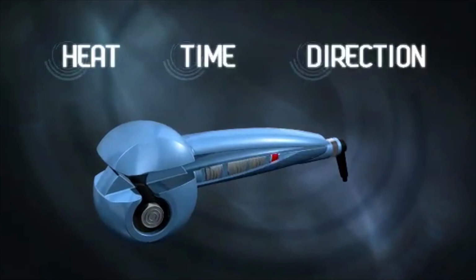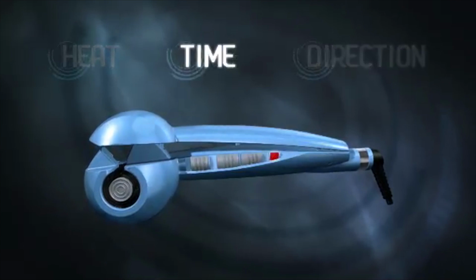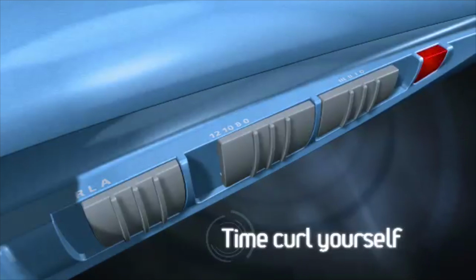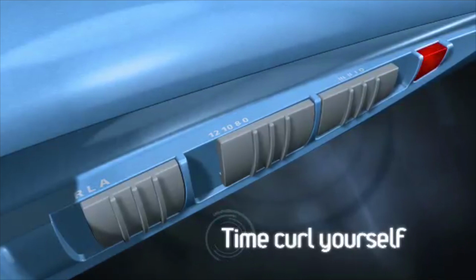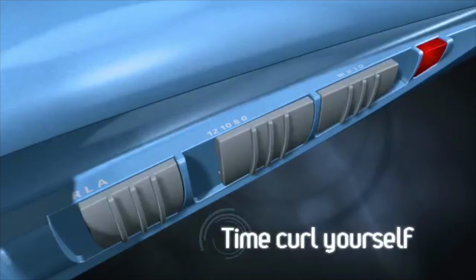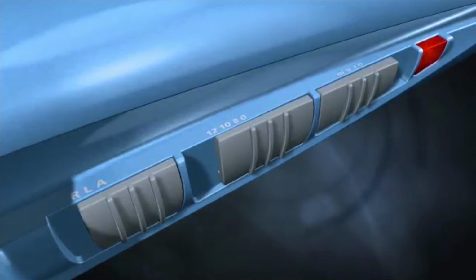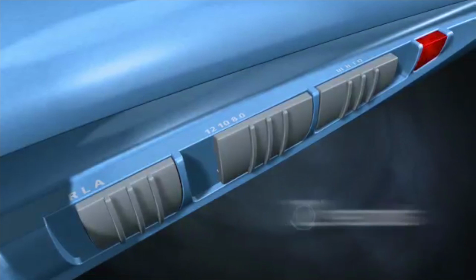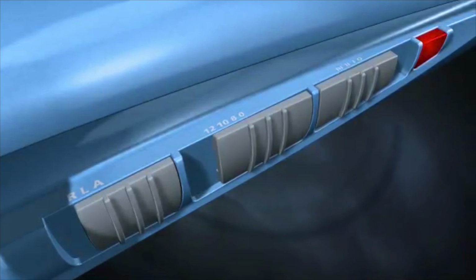Once you've chosen the proper heat setting, select the appropriate time setting. Select 0 to time the curl yourself. If you choose 0, simply keep the handles closed until you're ready to remove the hair. When you choose timed settings, 8, 10, or 12 seconds, the MiraCurl will start counting when you close the handles